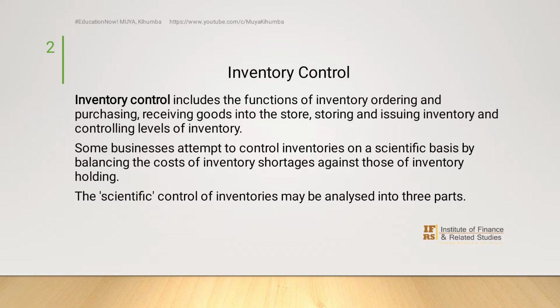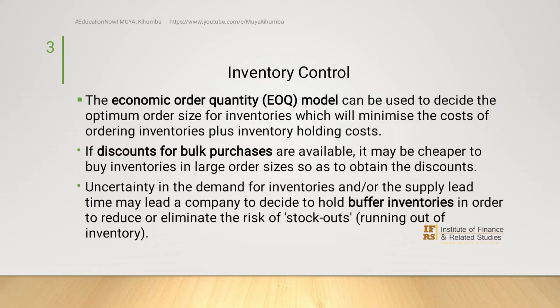Some businesses attempt to control inventories on a scientific basis by balancing the costs of inventory shortages against the cost of inventory holding. This scientific control of inventories may be analyzed into three parts. The first of the parts, and which is the focus of this video, is the economic order quantity. And firms get to decide the optimum order size for inventories, which will minimize the cost of ordering plus cost